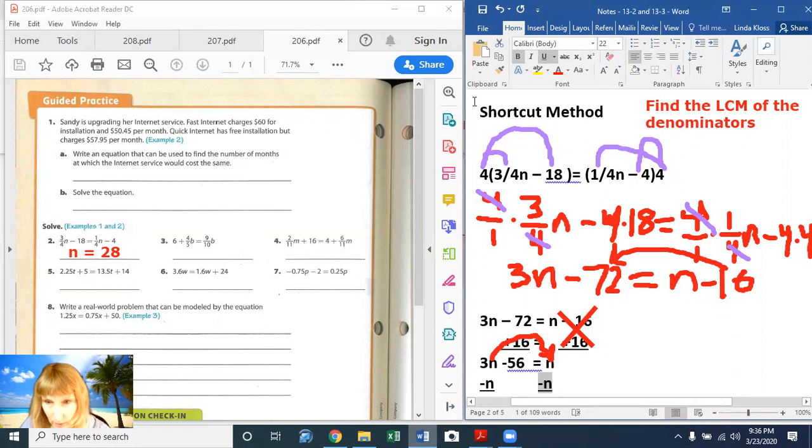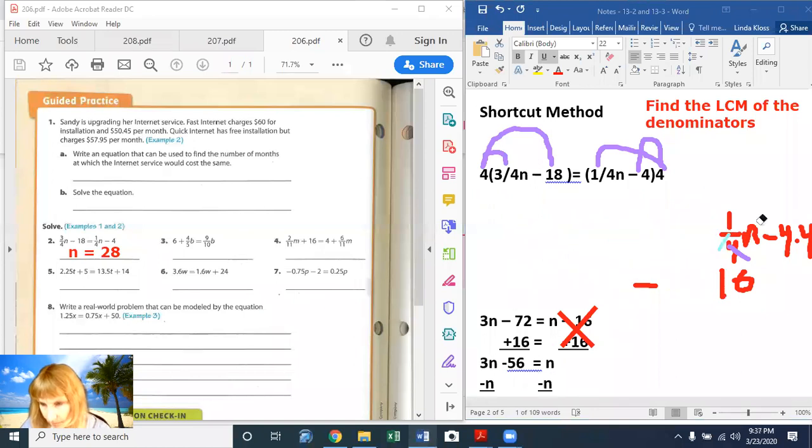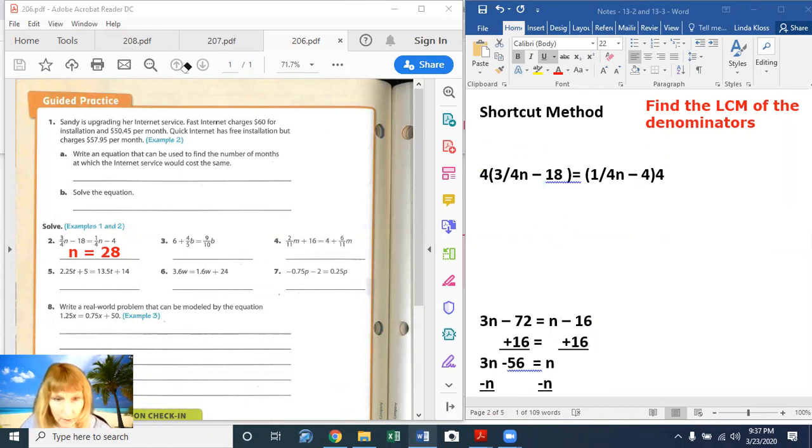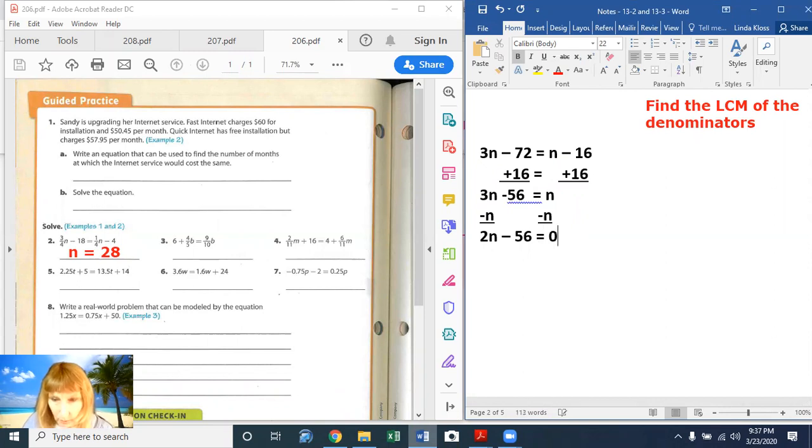So let me just erase some of the stuff that we've got going on here now that we've used that. Get rid of all of this. Make our screen a little clearer and get rid of that. And we can move up. Okay. So I am going to subtract 3n minus n is going to give me 2n minus 56 equaling 0, right? 1 minus 1 is 0. Now I have to bring the 56 back over because I did an extra step, but sometimes that's okay. Plus 56, and now I end up with 2n equaling, the 56s will cross off because they will become 0. So we have 2n equaling